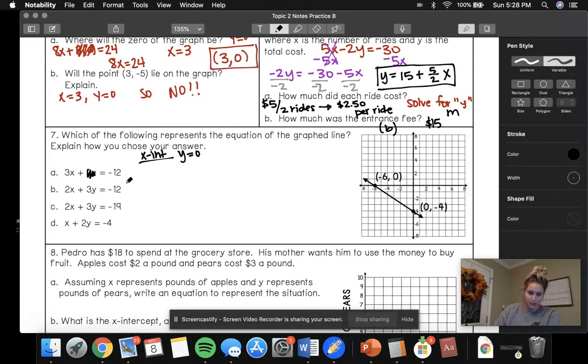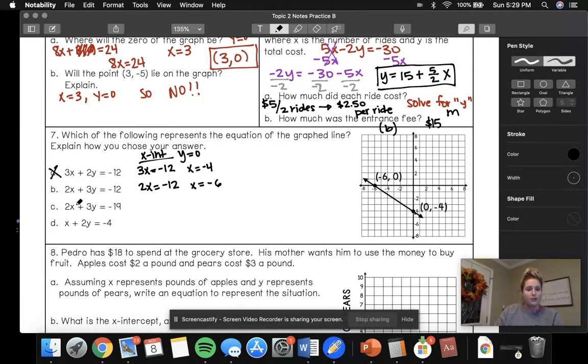So when y equals 0, this just makes a 0, and we have 3x equaling -12. So x equals -4. So it cannot be A because -4 is right here and we need -6. All right, so for the second one, we have when y is 0, 3 times 0 is 0. So I have 2x equaling -12. Divide by 2, I get x equals -6. So right now it could still be